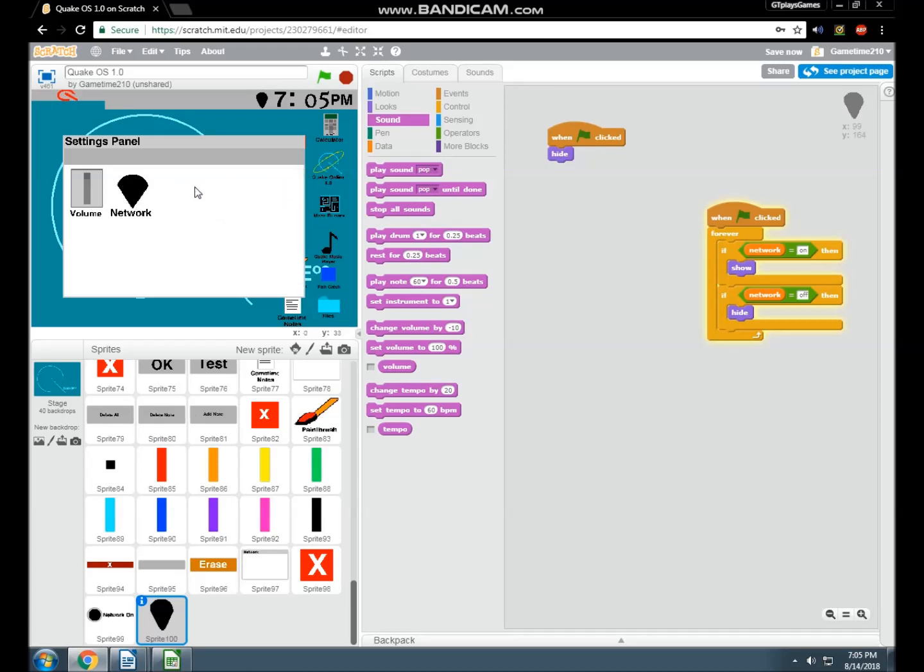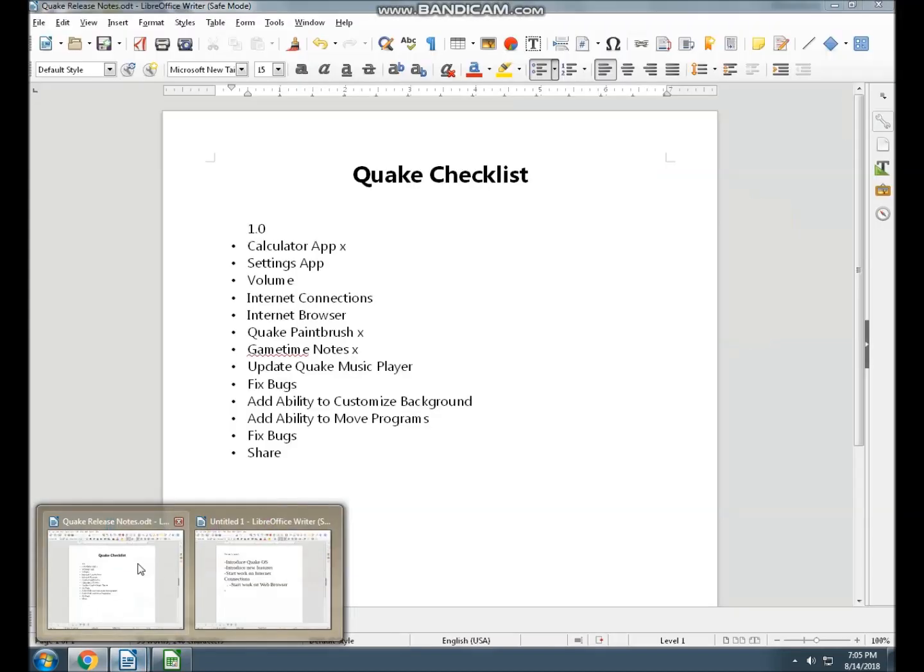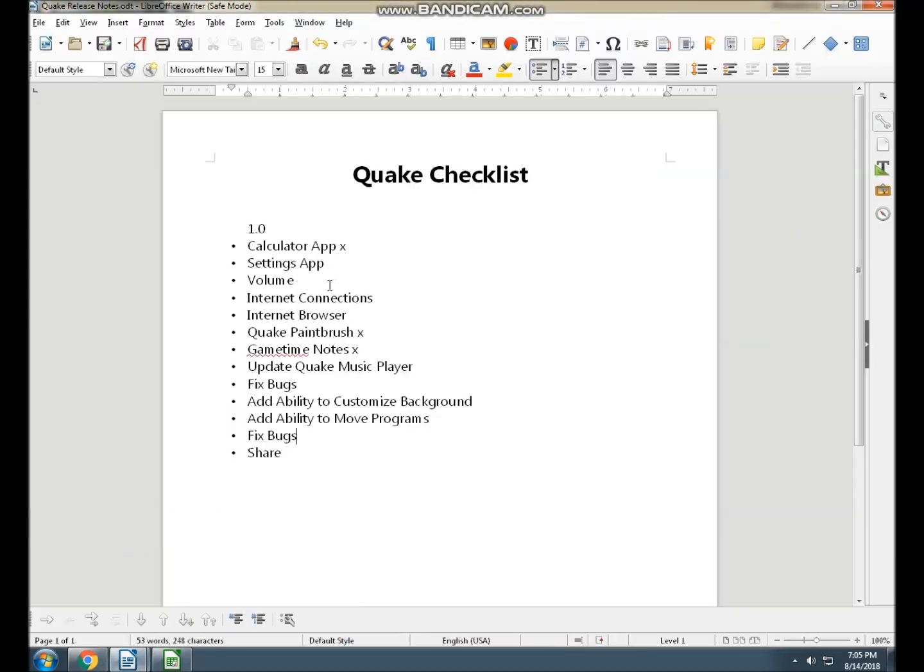Okay, and also I think this is going to be the end. Unfortunately, we didn't get to the web browser. We'll do that next time. But at least we got one thing done on our checklist. We need to get a lot more done if we